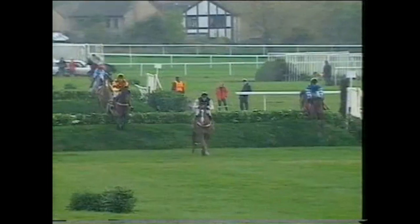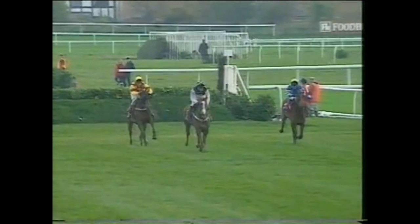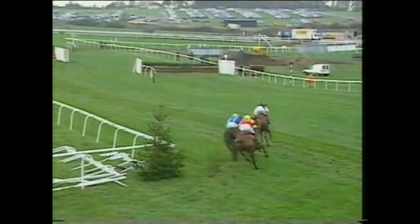A bank and hedge now, and it's still McGregor the third who has it, coming to it, pops over. That was the 25th. Docklands Express the inside, and Viva Bella. Now they race down the hill. They're going to join the racecourse proper now, and then they've got 2 more flights of hurdles to jump. It's only a 3-mile race. It seems like 33. McGregor the third, the leader, Docklands Express in second, and